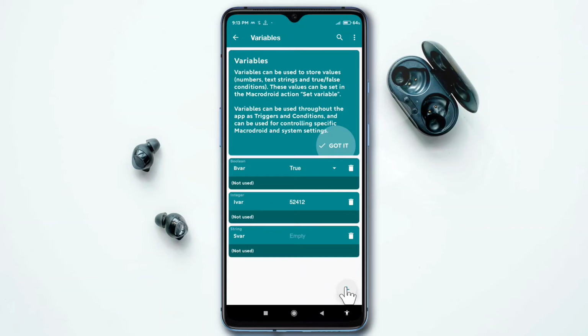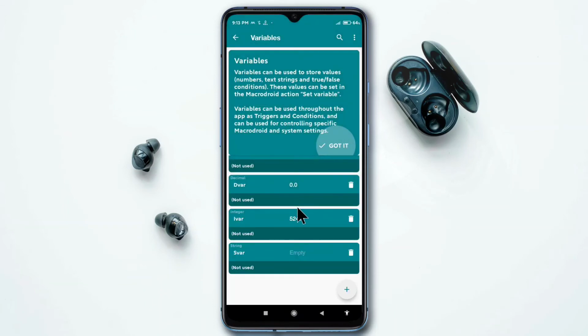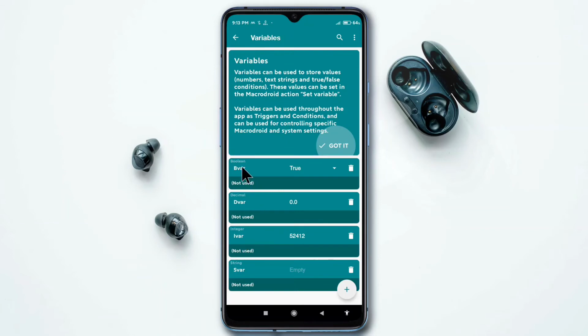Now I am going to add another type of variable, which is our last, decimal, and I am giving the name DVAR just for our simplicity. So the variables we are creating here are arranged in alphabetical order: B, D, I, S. So we can search the variables from here also, and here a menu is given with more options to delete all variables and delete unused variables.